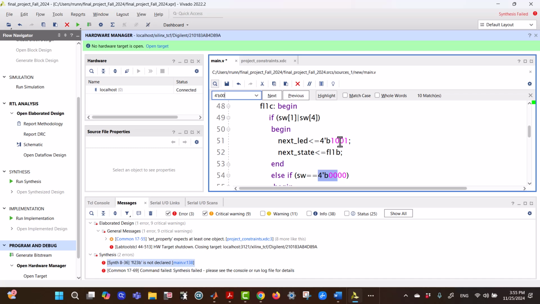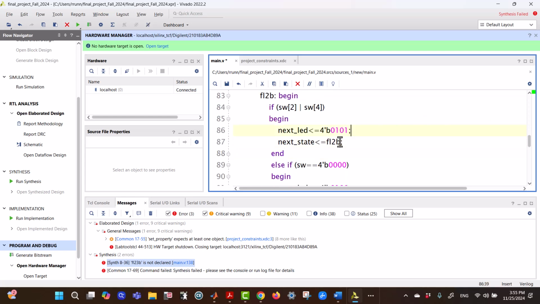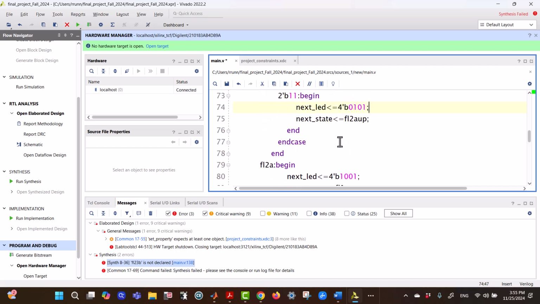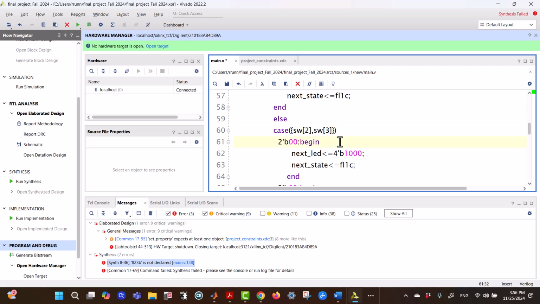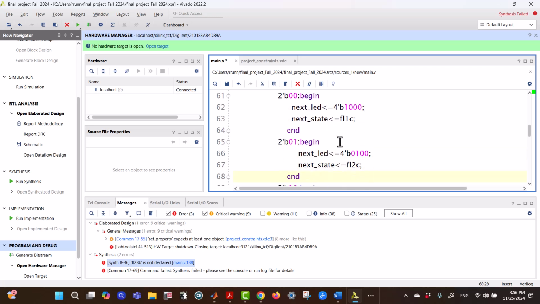Saying if switch equals 4'b0000. So that's the same thing as saying that. So this is saying that if all 4 switches are off, then I'm going to stay where I am on floor 1, but the door is going to close. And then the next thing I say is, well, if switch 2 is at 0 and switch 3 is at 1,